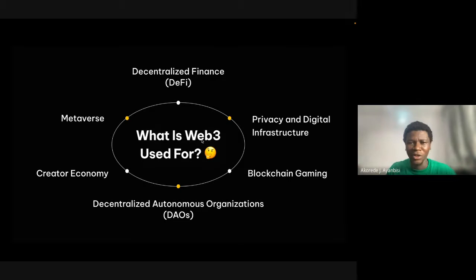So what is Web 3 for? Like I said, one of the questions you're going to ask is, okay, this Web 3 that everyone is just talking about, what is it for? So there are 6 major things Web 3 is for, which are decentralized finance, like I mentioned earlier, privacy and digital infrastructure, blockchain gaming, decentralized autonomous organizations, which we all know as DAOs,